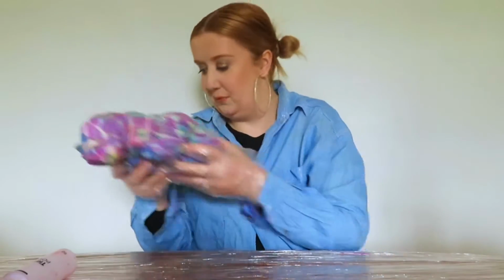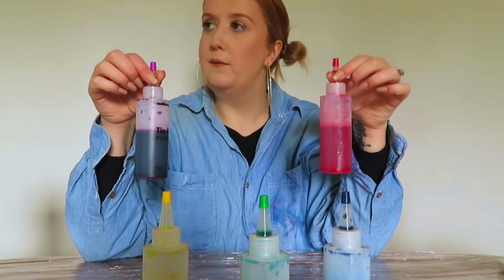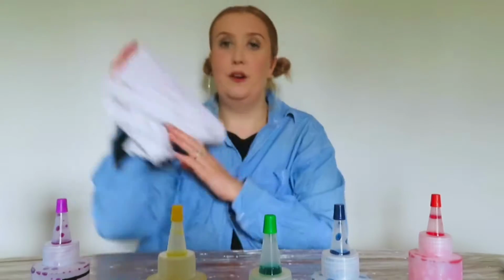That was our last jumper. So with these ones, I have only filled them up halfway, just to see what the difference is. Okay, first of all,